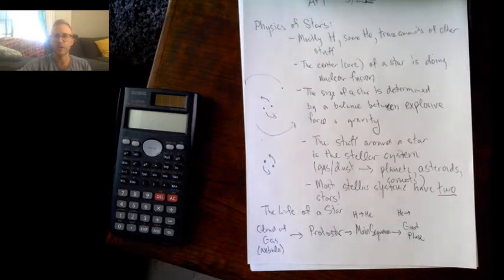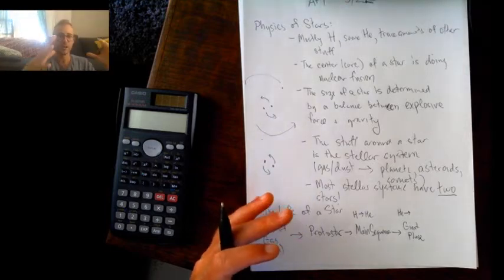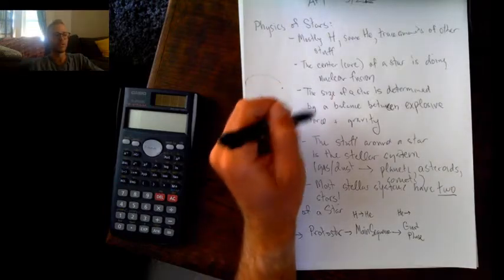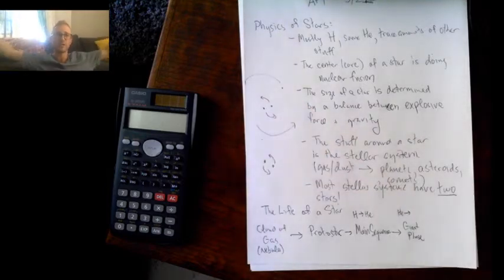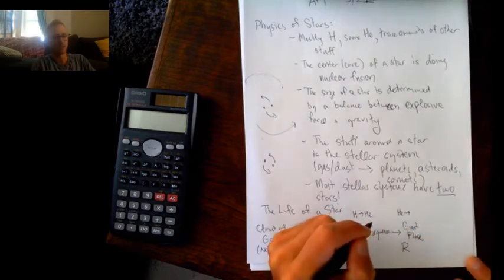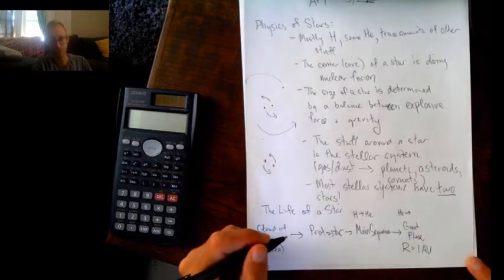And so the thing is that when a star starts fusing helium, helium is more explosive. More energy is released by fusing helium than is released by fusing hydrogen. And so the star gets more explosive. And so as a result, again, the size of a star is determined by the balance between explosion and gravity. And so it gets more explosive, and so the size of the star gets bigger. Okay? In fact, when the sun enters its giant phase, its radius will be approximately 1 AU, meaning that the Earth will be swallowed up by the sun.